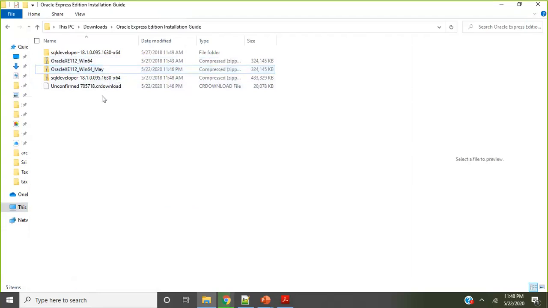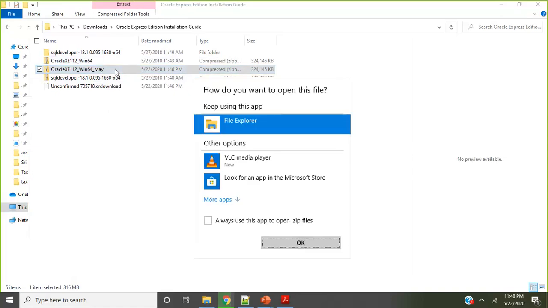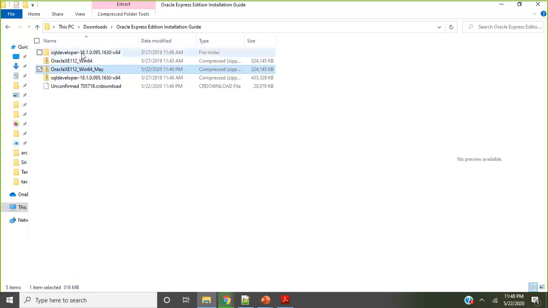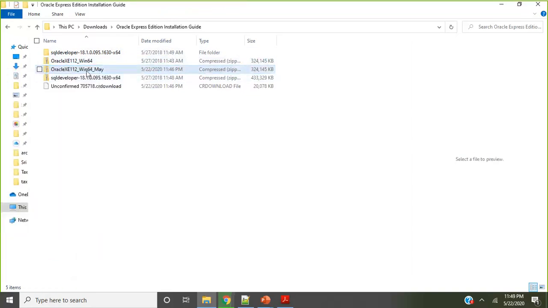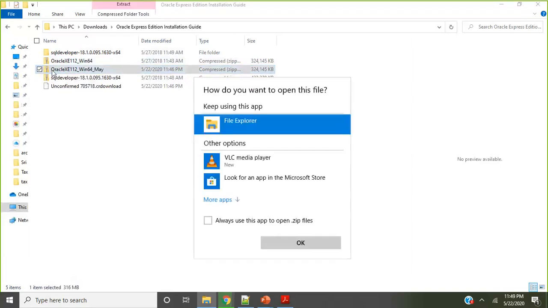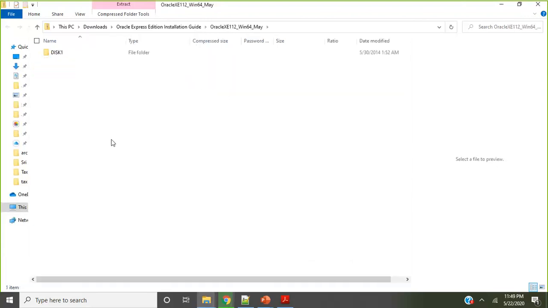What you have to do, just click here and double click or press Enter. Now it's asking to unzip it. I'm not going to unzip it. It doesn't need to be, because without unzipping also you would be able to install it. So let me see how I can do it. See, I did not unzip it. I simply double clicked on that and this window opened.